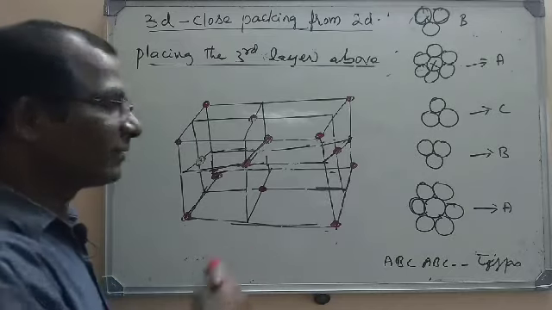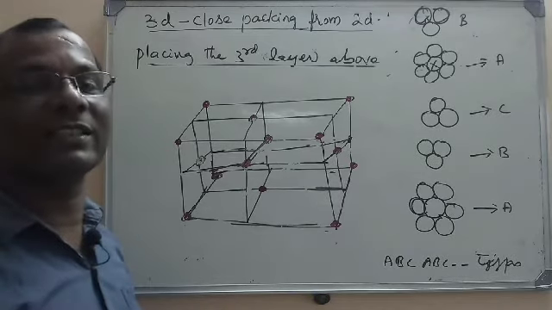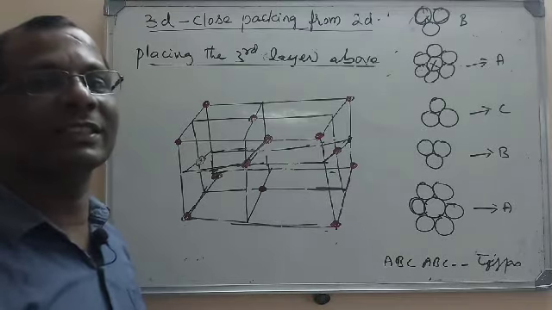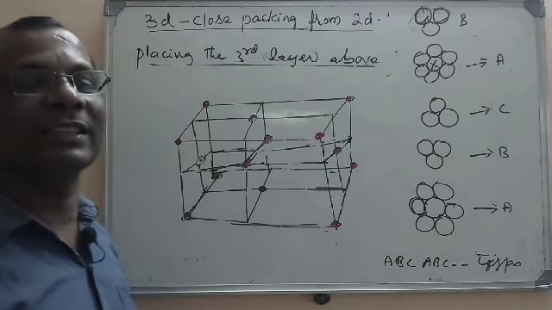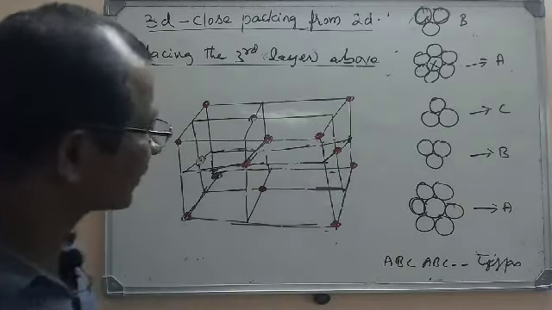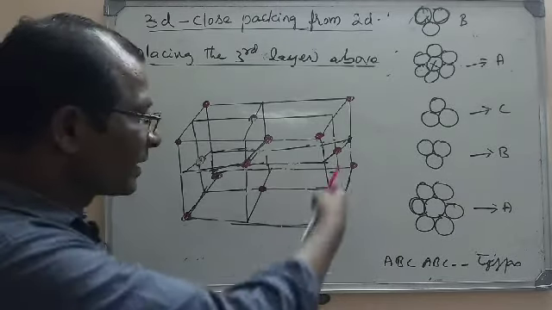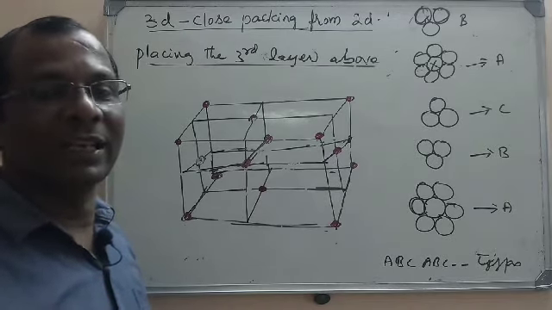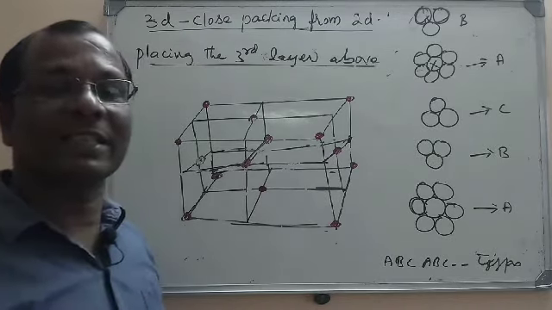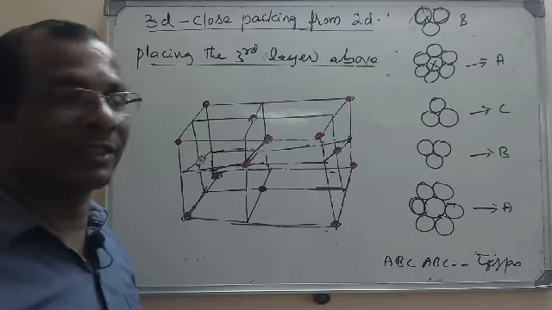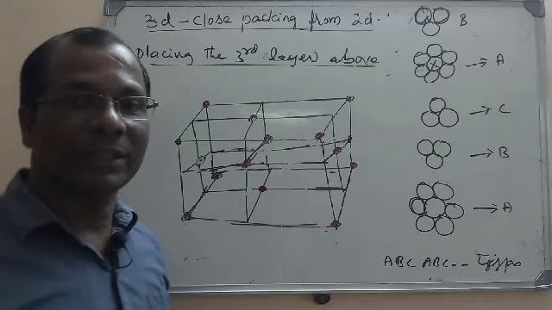So that arrangement is called a face centered cubic arrangement. 8 corners, 8 points, and 6 points at the centers of the 6 faces. It is nothing but FCC. So this is all about the FCC unit cell, or this is also called cubical close packing. And you can see metals like silver and copper will have such type of lattices, the arrangement of the particles. So let me conclude.